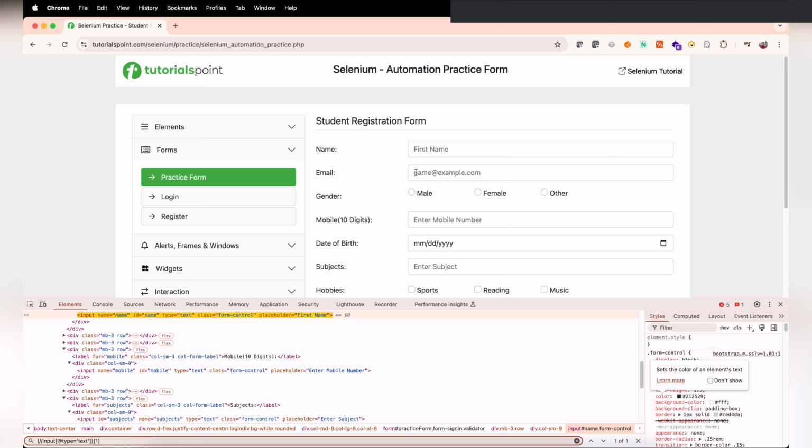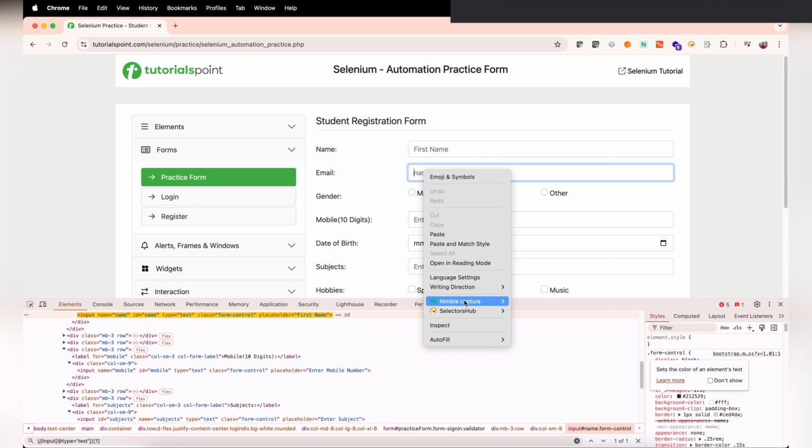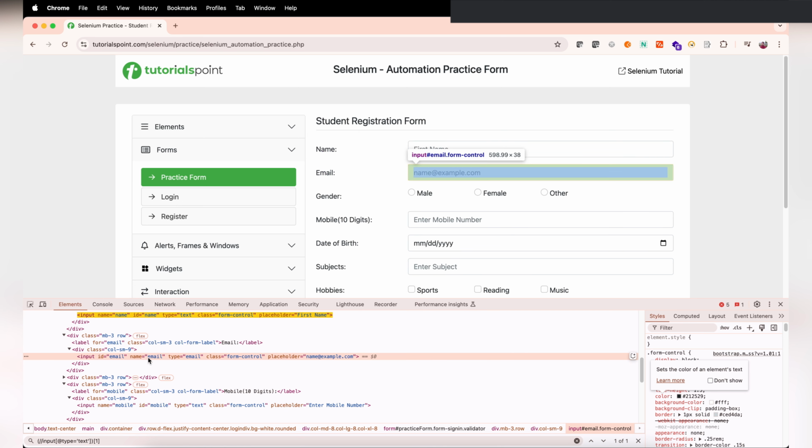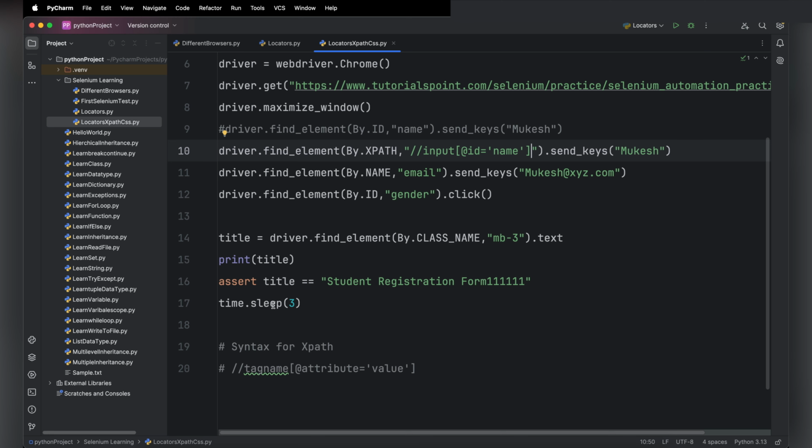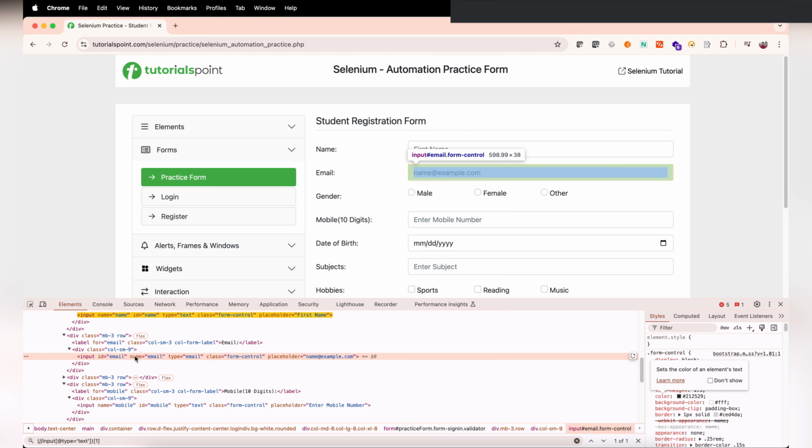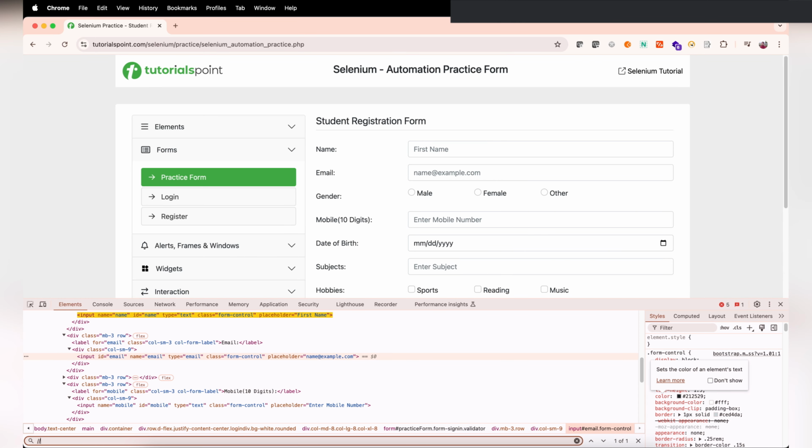Now we will move to the second one, the email, how we will write it. Again the same thing, just right click and inspect. Here you see input ID equal to email, name equal to email. Previously we have used ID, so let us say here we will use this name. So here I will just write double slash input, then bracket started @ here we will write name equal to email,